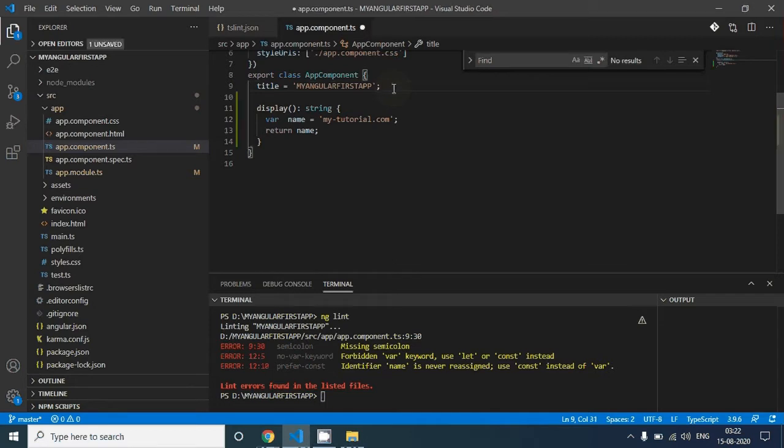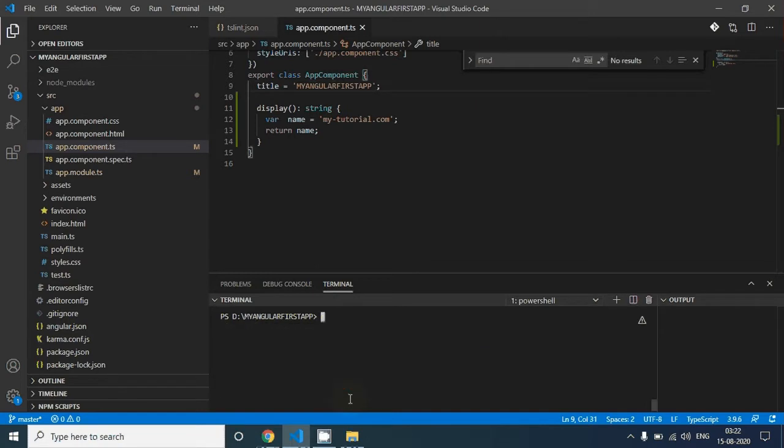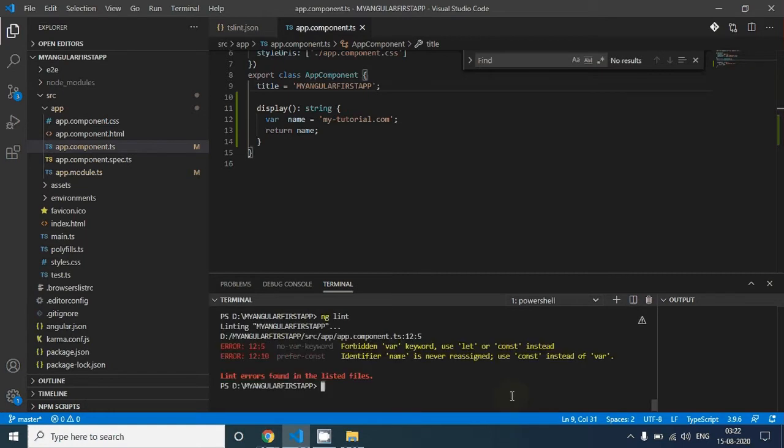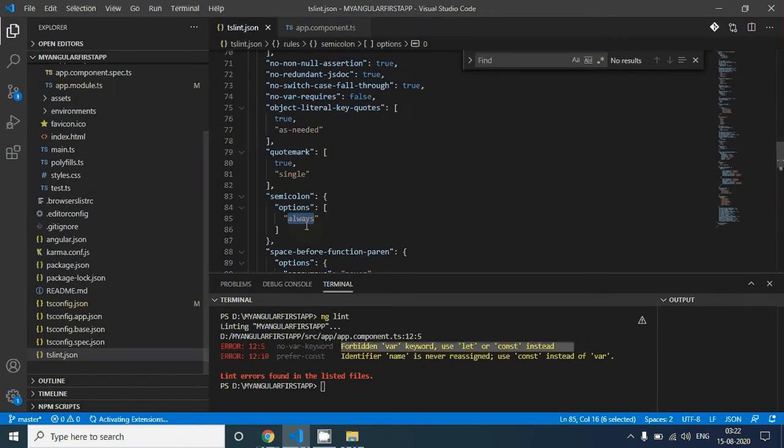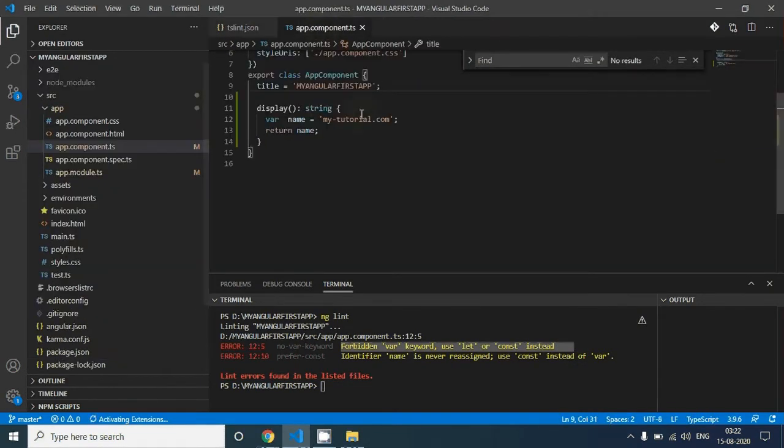Let's close it with a semicolon and save this file with Control S. Clear the console and run this command again. Now you can see the semicolon error has gone. This means that if you set any rule here, we need to follow it in all of our components. So the first error has gone.